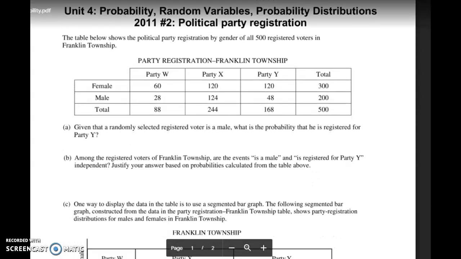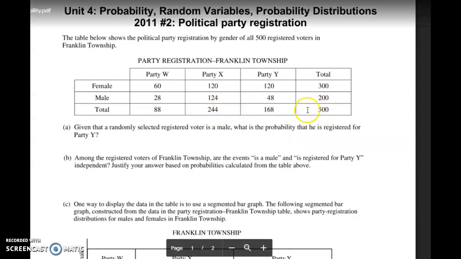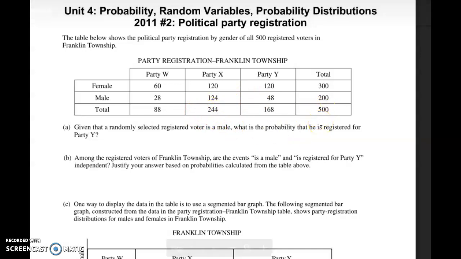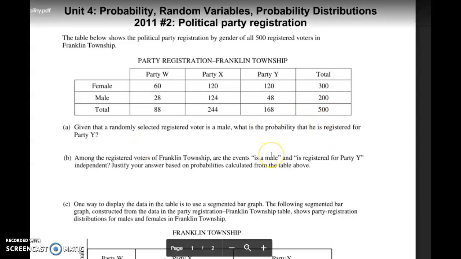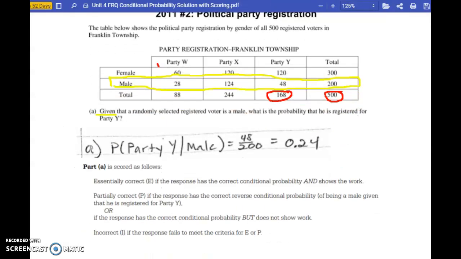If I go back to the two-way table, the proportions are the same. So proportion 88 over 500 is the same for males and females over in Lawrence Township. The proportion for party X, 244 over 500, is the same in Lawrence Township as it is for Franklin Township for males and females, and so on. So when I create my bar graph, and I'll send you these individual solutions,